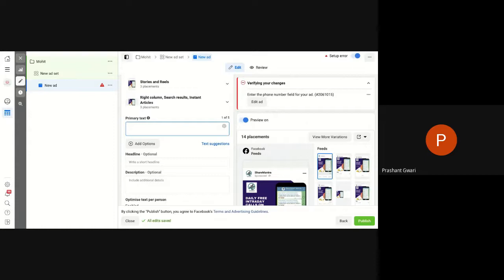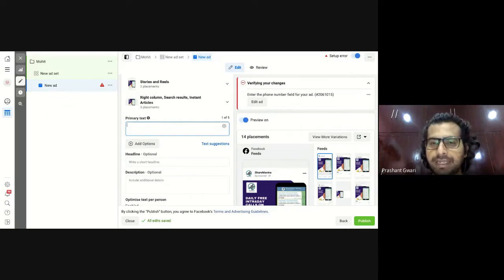How you can intrigue or emotionally connect to your customer with the text format. The better the ad you create, the higher the chances of clicks you will get, and the higher the chances of clicks you get, the more it reduces your CPC. So the ad copy you are creating is really important. So let me try here.